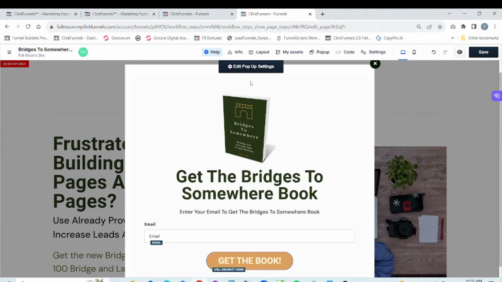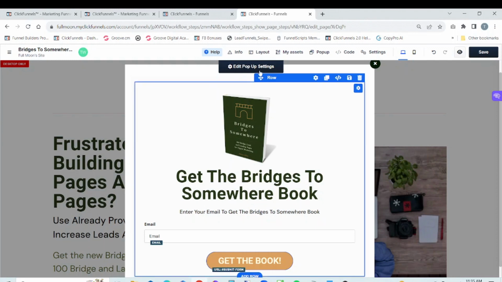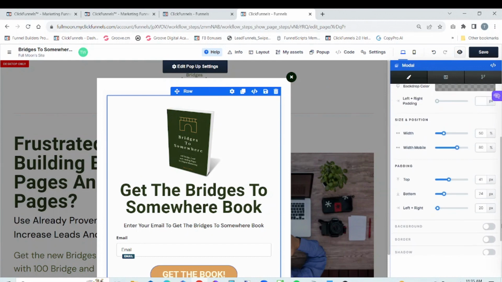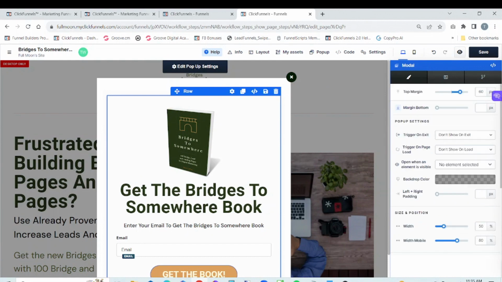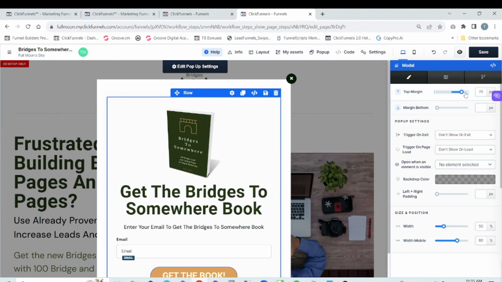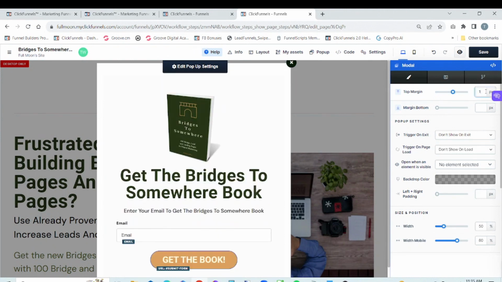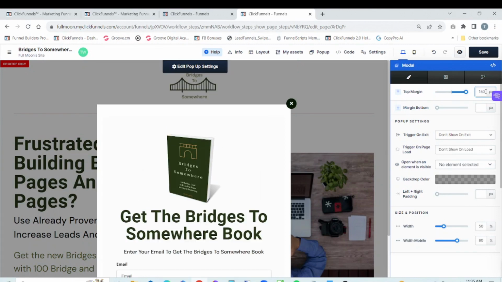everything. And we want to check our pop-up settings and make sure that we don't at this point have a background turned on. If we don't, and from doing the other one, I know that we need to do this. So we're going to increase our top margin. We're going to make it 150, which drops down